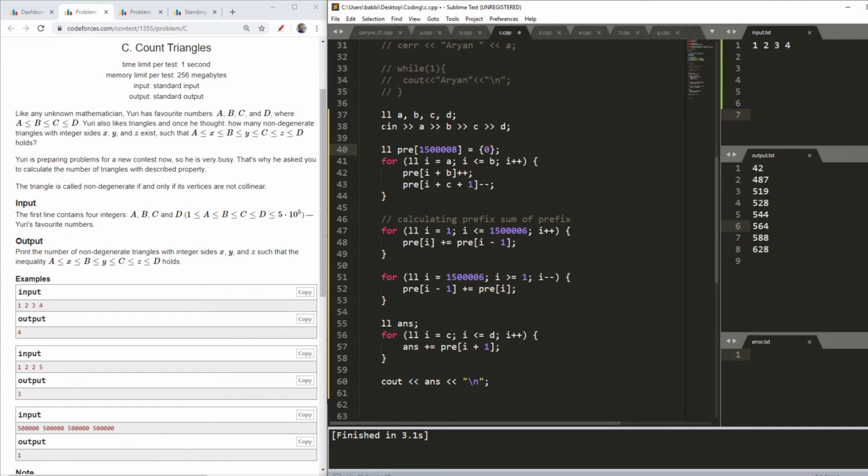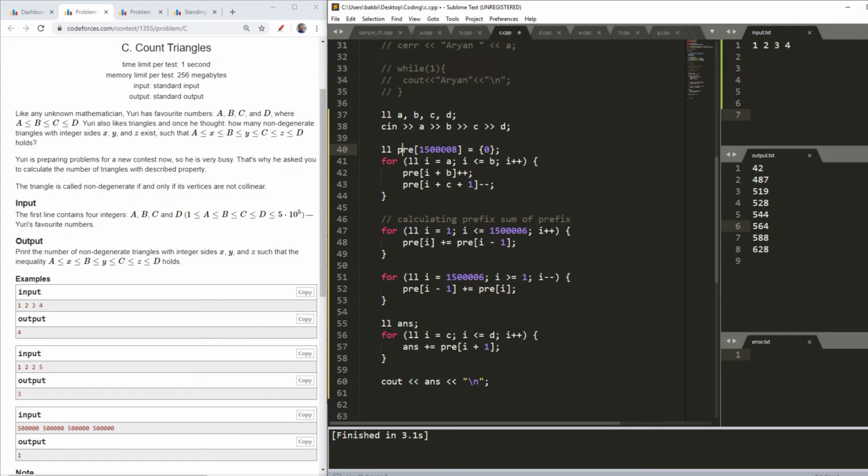So first of all, as you can see, I had my A, B, C and D. Then I had my array called PRE, which will store the prefix sums, and I will update this array.